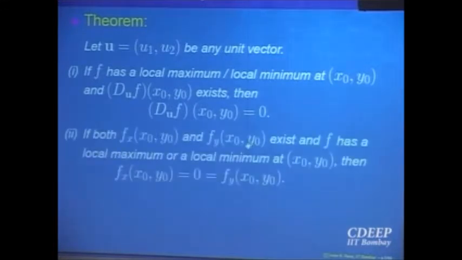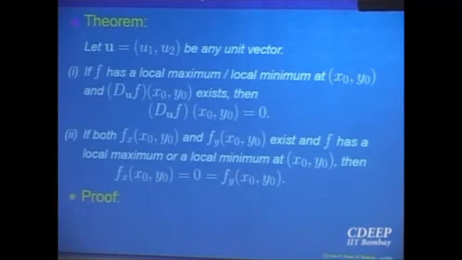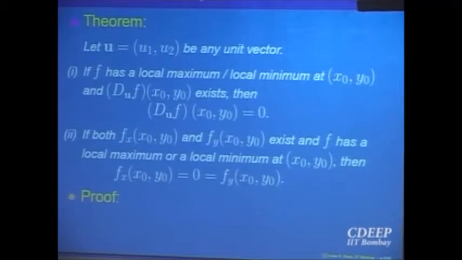In particular, that will say that if you take u to be equal to (1,0) and (0,1), so in particular a necessary condition for a local maximum or a local minimum at a point x0, y0 for a function of two variables is that both the partial derivatives, if they exist, must be equal to 0. Is it clear? Same as for a function of one variable. So let us prove this. The proof is quite simple. The proof is actually of one variable only, because what is directional derivative? After all, directional derivative is only the rate of change along one direction only. So it is a function of one variable essentially, right? If a function has a local maximum at a point, that means at every point in that neighborhood, the value is the largest.